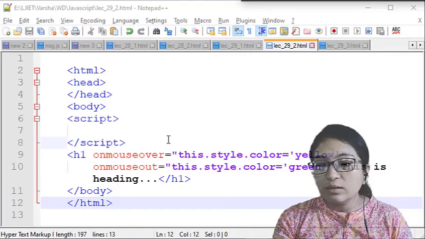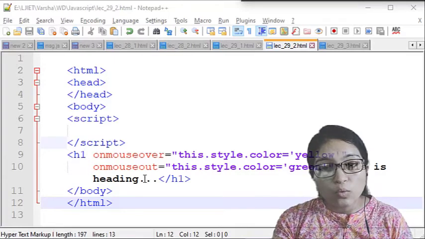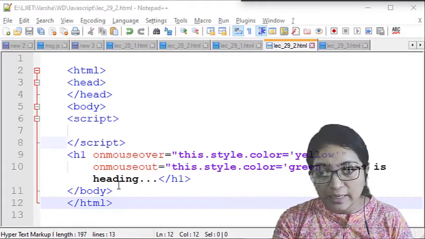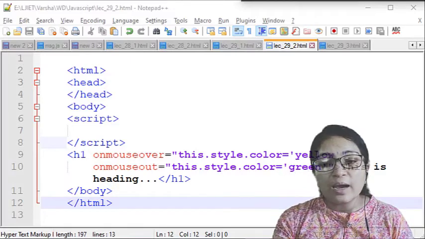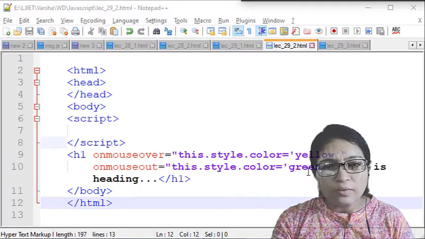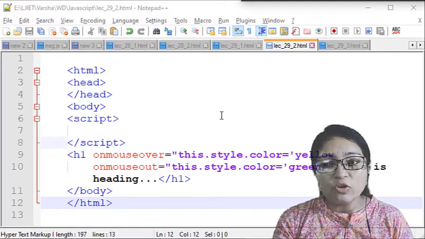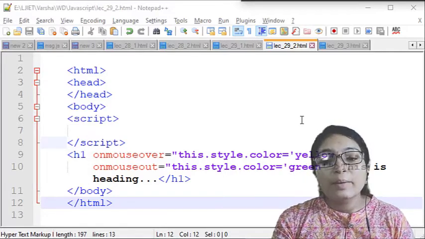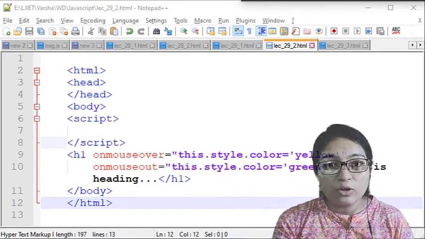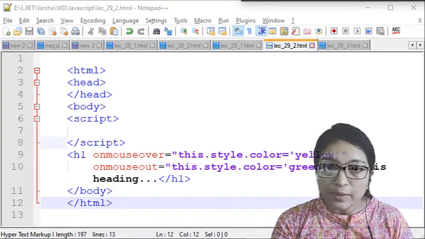Here you can see this practical is about mouse over and mouse out on the heading. So let's see, here you can see I have changed the color to green. Whatever color you want, you can do it. By default the color is black, but whenever you hover the mouse it will be yellow, and whenever you leave the mouse it will be green.